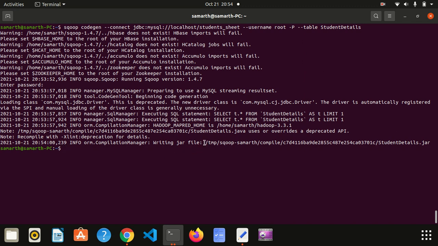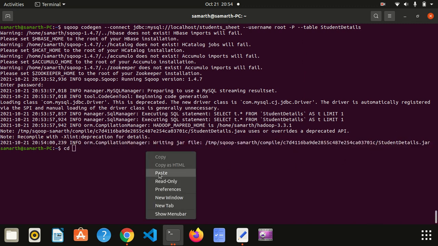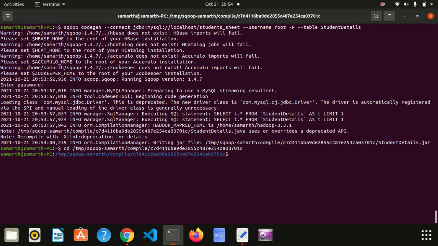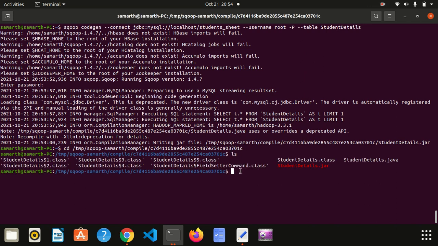It will be stored in this particular directory. If you want to check it, you can copy this directory path and list it. You can see I have student.jar, student details.java, and student details.class.